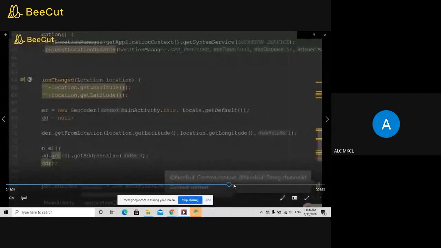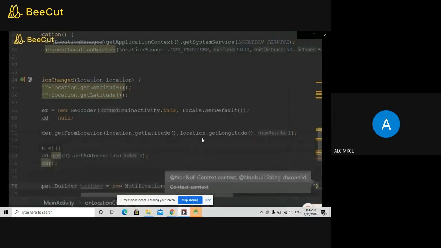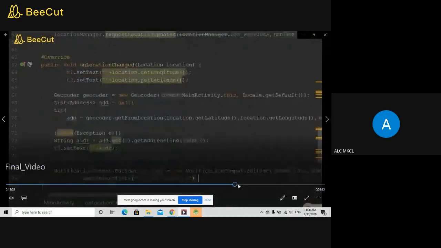I have to use the geocoder class. I have to add that geocoder to the main activity and local.get default. Then you need to define one list. And how to define a list? That the geocoder.get from location function, that location.get latitude, location.get longitude, and with the max result.